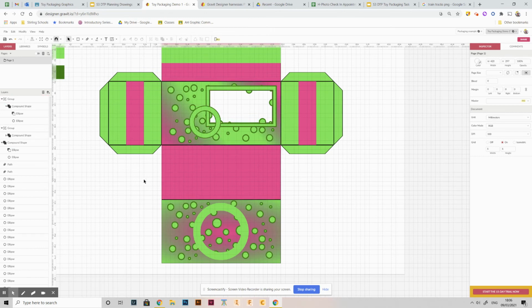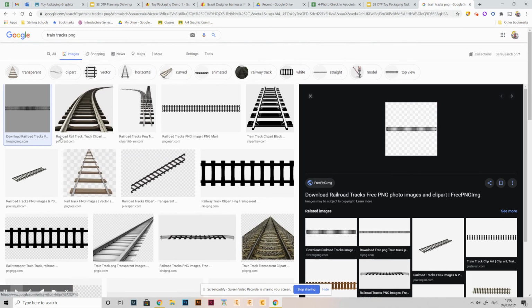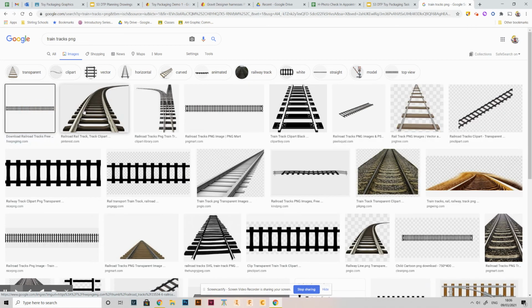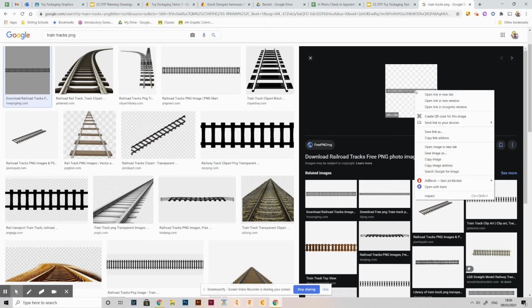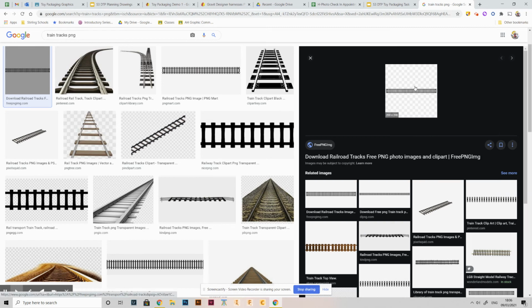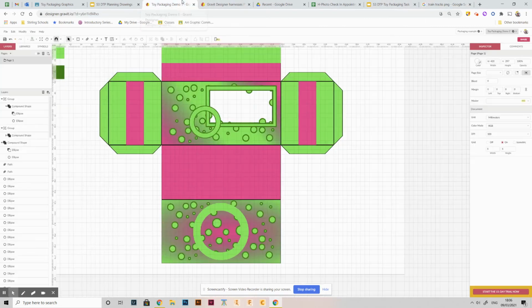The only other thing I was going to show you is how to get in images. And there's a couple of things that we can do with them. So first thing that you might find useful, if you had a pattern that you needed to add in, like for example train tracks, if you search for train tracks PNG, you want to find one that when you look at it here appears to have a plain background, but when you click on it and it opens up, shows a checkerboard, and that will indicate that it's a PNG saved with no background. If you copy that and then paste it into your document,